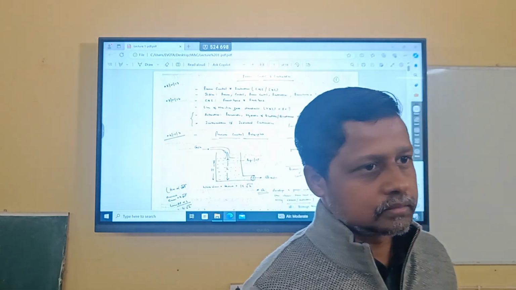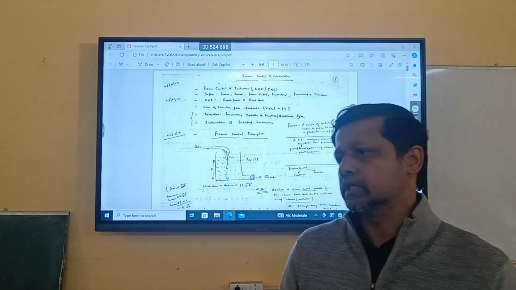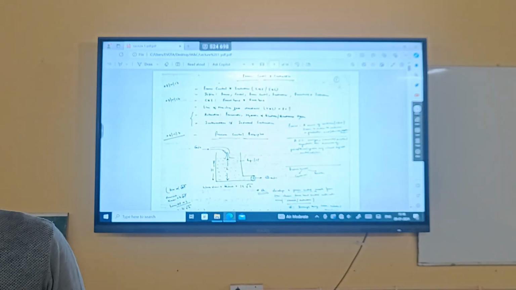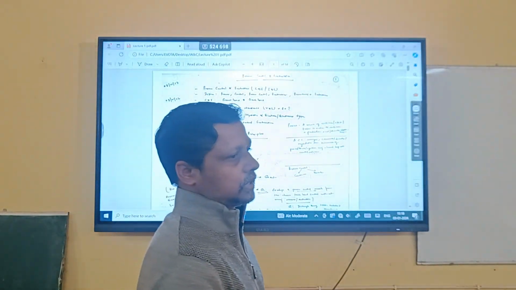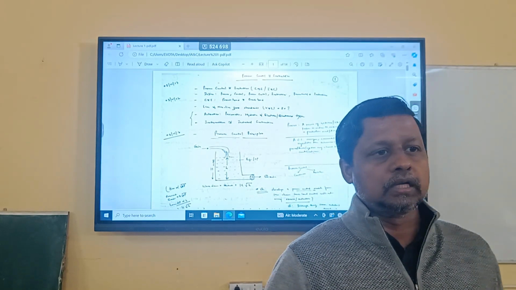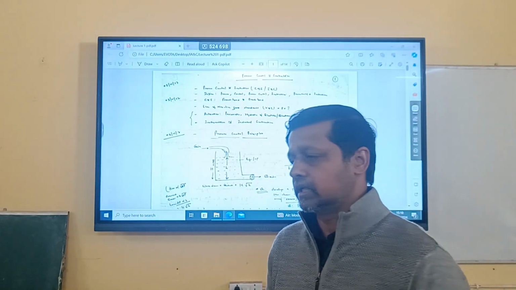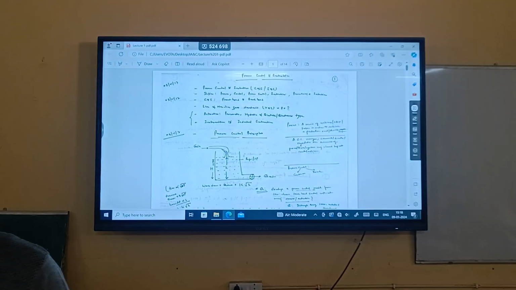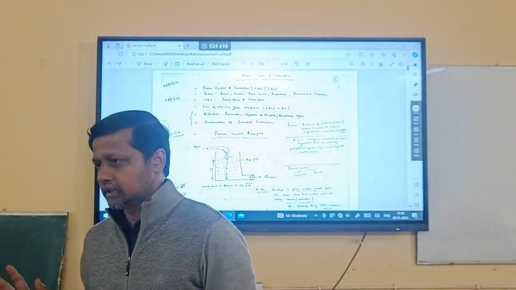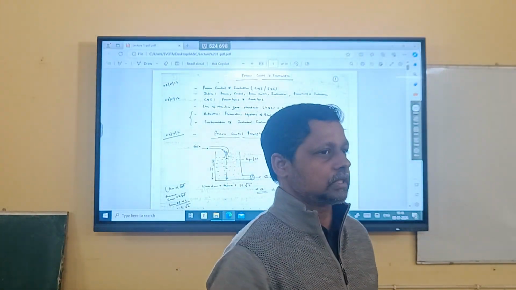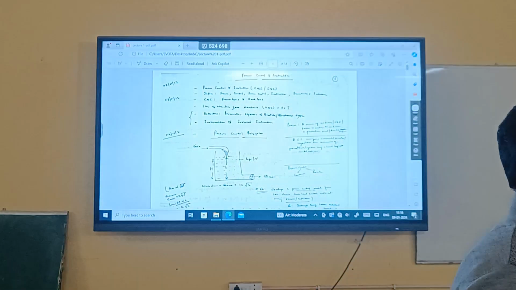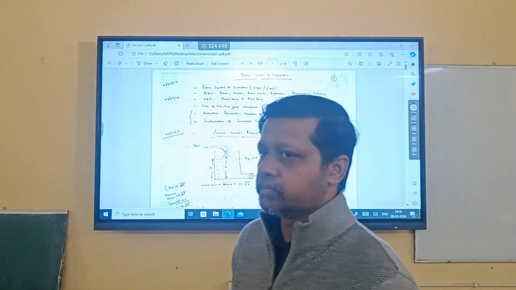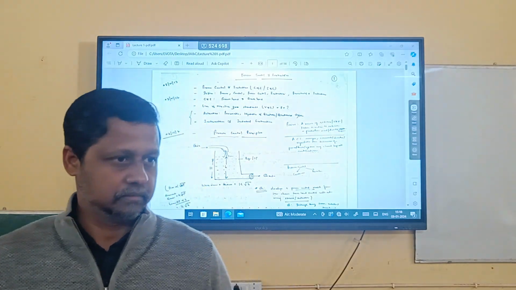If you say control, it's a separate domain. If you say instrumentation, it's a separate specialization. When you say C&I, it's a very popular term, or you can say an industry standard, irrespective of the country, application area, type of application, type of industries. They use a common term that is called C&I. Clear? And whenever we use this term C&I, obviously there are two specializations participating, so it's very obvious that one will be a front end, one will be a back end.